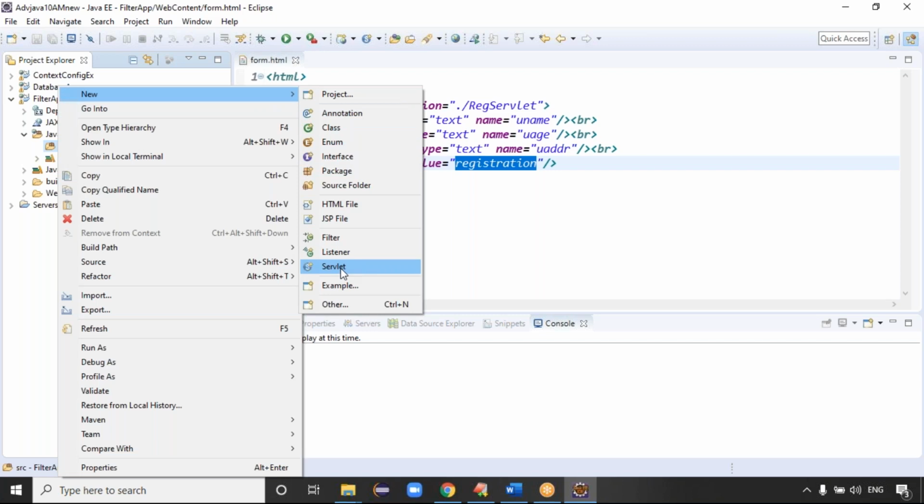Servlets are completed, servlets are done. Filter we will take. Once the filter is completed, listeners we will take. HTML and JSP we will discuss later. With that, listeners will complete these filters, listeners, servlets, so that I'll start working with the annotation part. Okay. Now let me create the filter concept, guys.